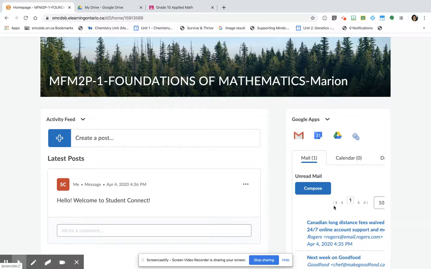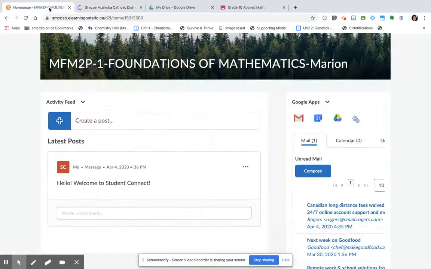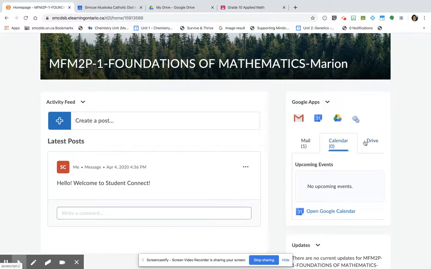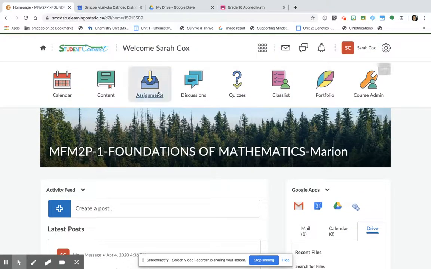Allow. And now on the side on this widget, I can see all of my emails, my calendar pops up, everything. So I can go into here super easy and see anything that I need. Okay, so this is basically